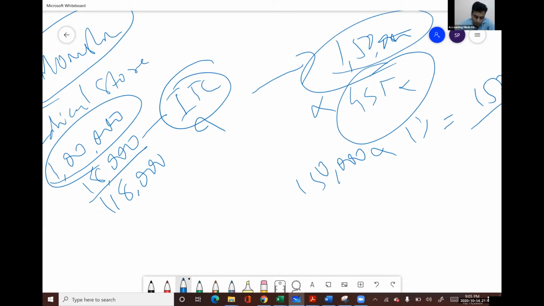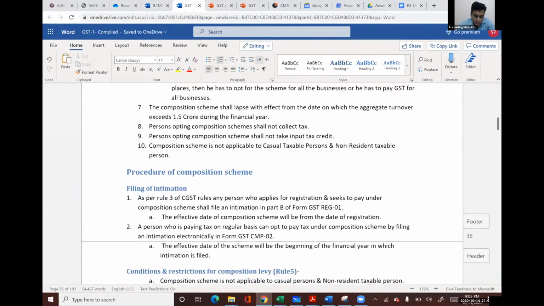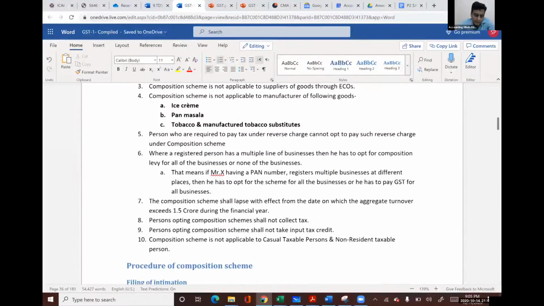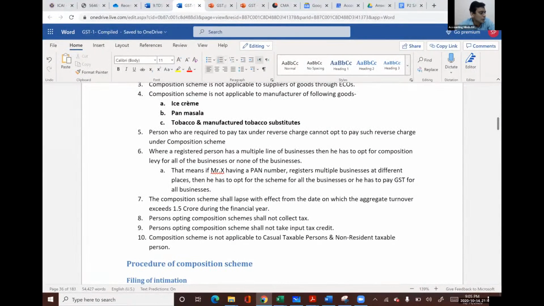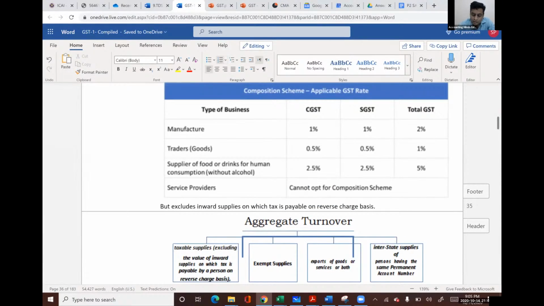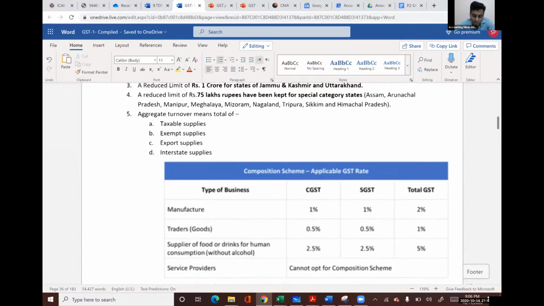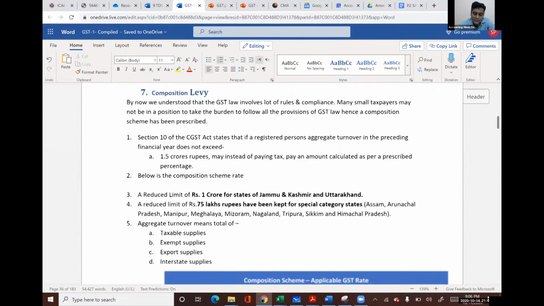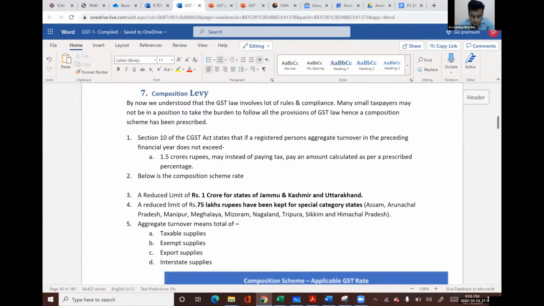Now, what is the new rule that has come? The new rule is for composition scheme in case of services. In case of suppliers of services also, composition scheme has been given. I will give you a new diagram for that. For services, they have put 50 lakhs as the limit, so up to 50 lakhs, whereas here they have given 1.5 crores. But for services like Accountingminds, like coaching centers, like beauty parlors, like your